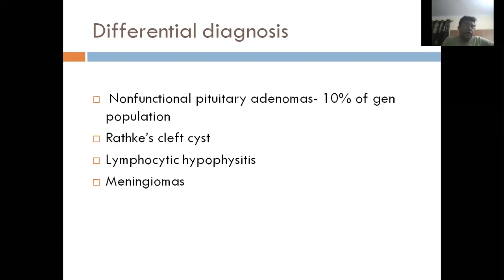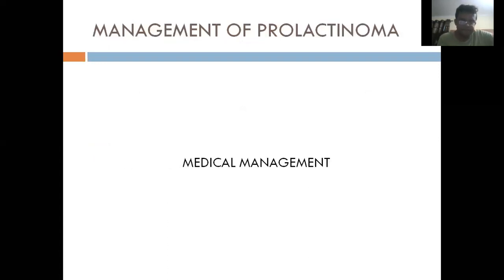Lymphocytic hypophysitis again is an important differential on the MRI because these patients do have hyperprolactinemia because of the inflammation of the stalk, and the pituitary looks enlarged. A lot of people misdiagnose it as pituitary adenoma, but a good radiologist will tell you that this is not an adenoma and this could be lymphocytic hypophysitis, which subsides on its own and sometimes is treated with steroids, and which may or may not later on have hypopituitarism. It may become normal also. And meningiomas can also occur.